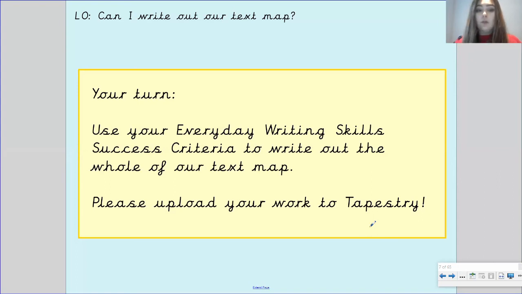Now remember, you need to lay it out as a non-chronological report, which means you need your headings, you need your subheadings, and you definitely need to have your diagram or picture, which is our hairbrush. I want you to lay it out like I laid mine out, and I want you to upload all of